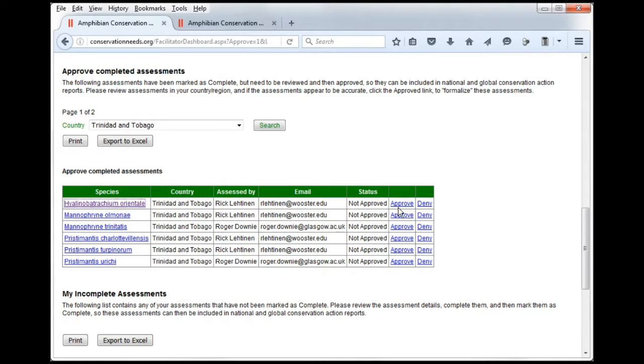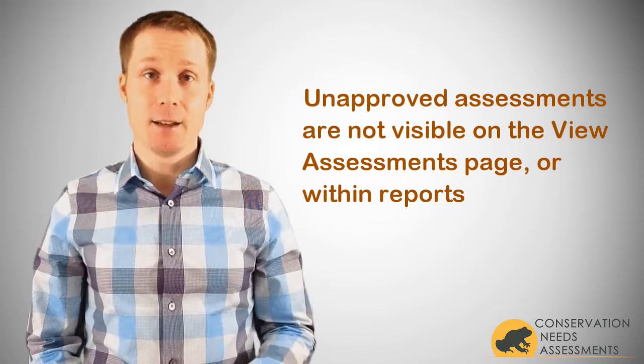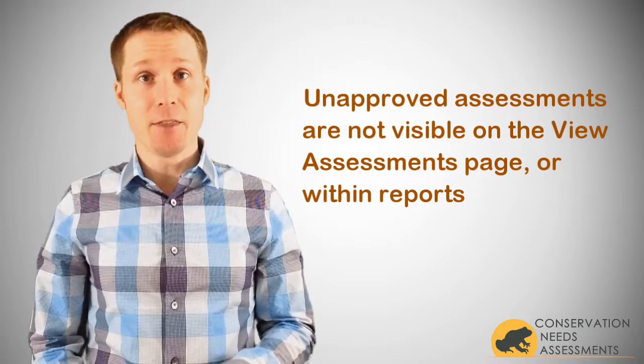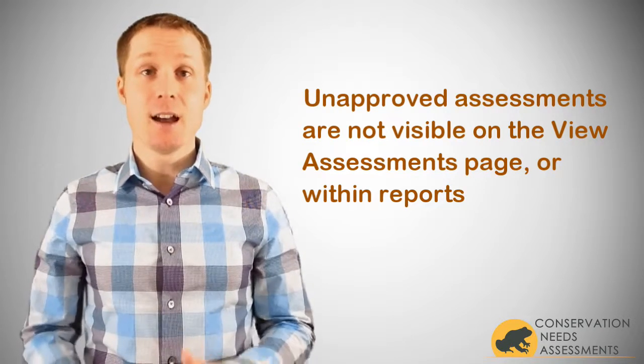If you have any concerns with the assessment, you should contact the assessor and discuss your concerns. Assessors' email addresses are shown so you can copy and paste them into a new email. When you are happy with the assessment, you can then click the approved link next to the assessment. Although assessments that have not yet been approved are visible to other assessors, they are not included on the View Assessments page or within National Assessment Reports until they have been